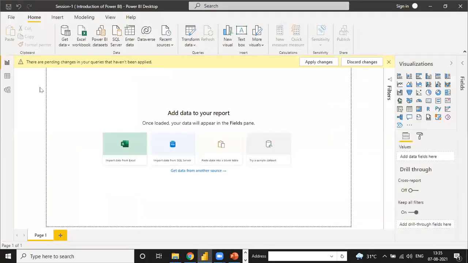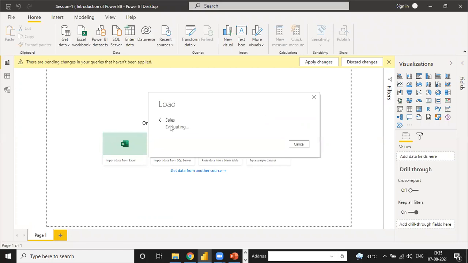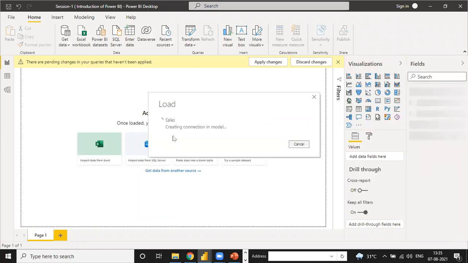Close and Apply. When you click Close and Apply, your report is loaded into Power BI Desktop. The previous one was the Power Query editor, and this one is the Power BI Desktop visualization. See, under the Fields tab, your report is ready. All the data is ready to pull into the report here.